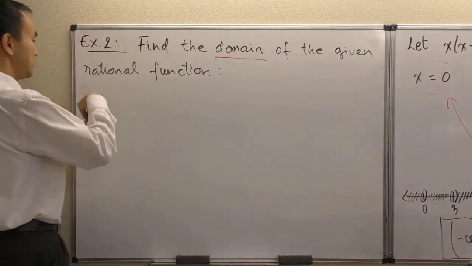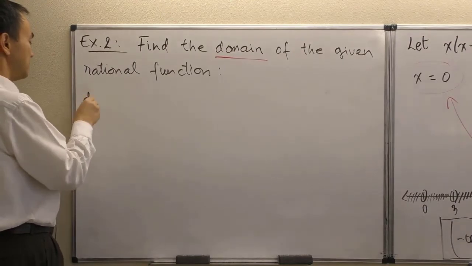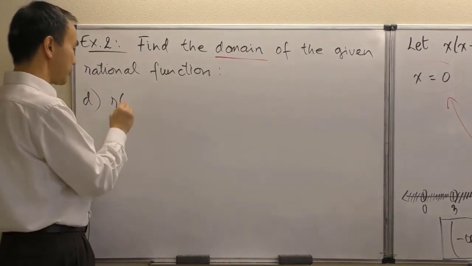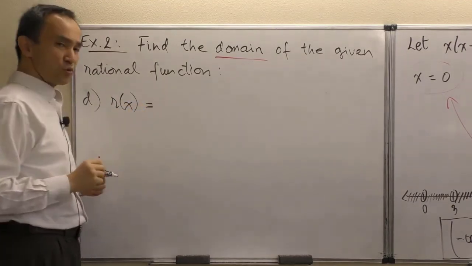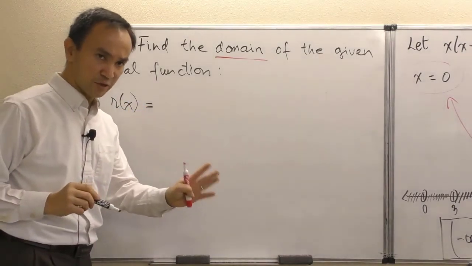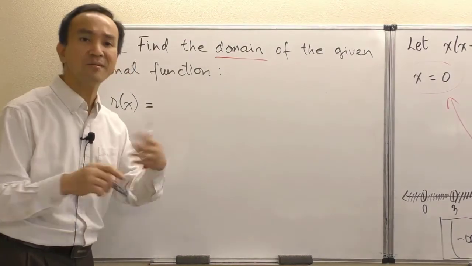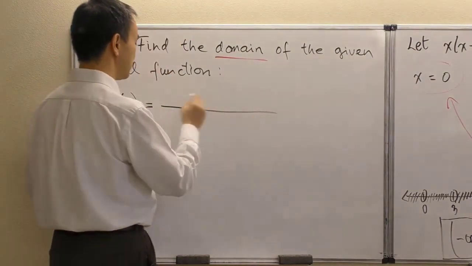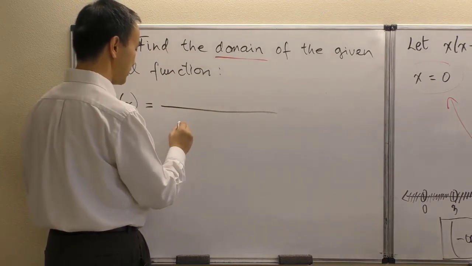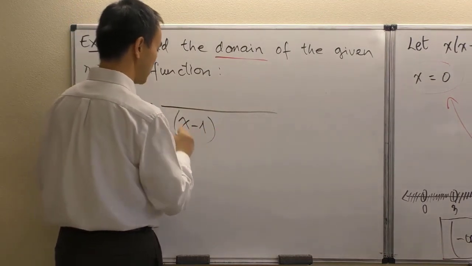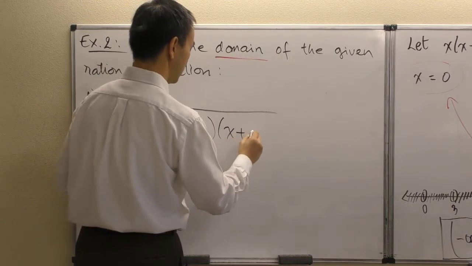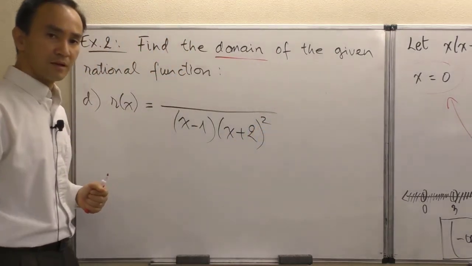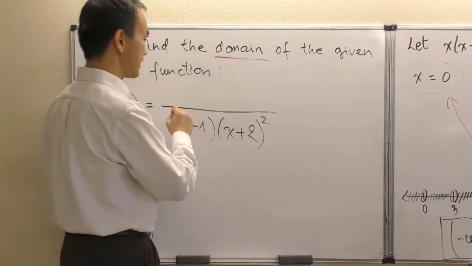All right, so now let's look at part D of our example over here. So now I'm going to give a rational function where the denominator has already been in factor form. Okay, so it saves us a little effort like that. All right, so how about in factor form? Our denominator is x minus 1 times x plus 2 squared. Okay, and then our numerator here is